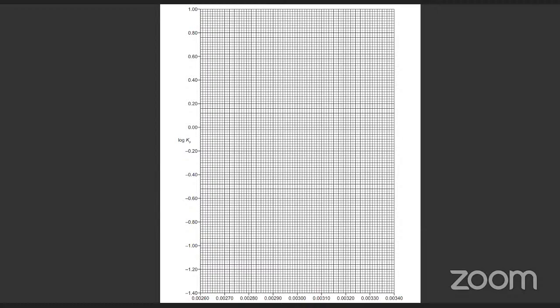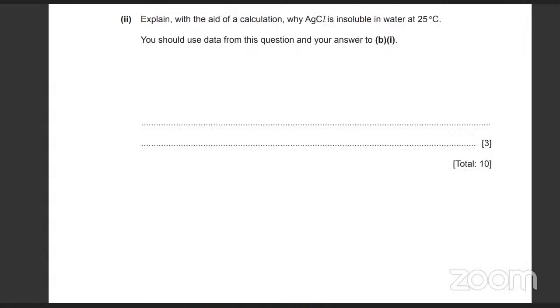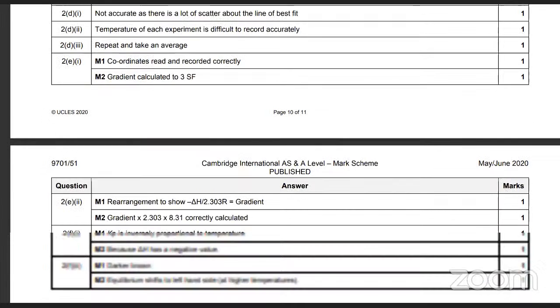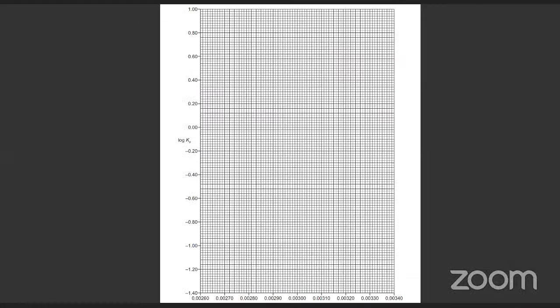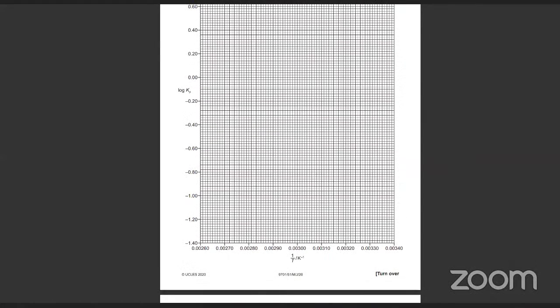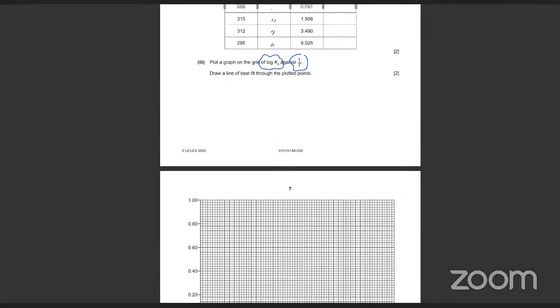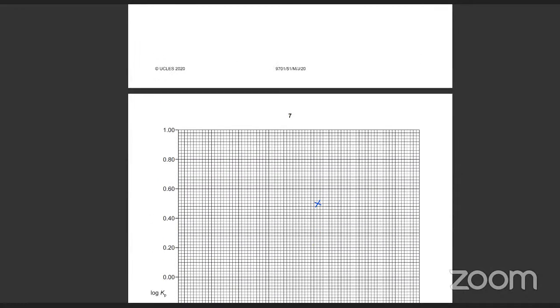Where's the marking scheme? Maybe they've actually plotted this. We did have the marking scheme somewhere. Actually, they didn't plot the graph, but they gave us the values. So you're just going to mark the values; make sure you follow the instructions properly. If there's a point, always remember to put a cross. Always mark points with a cross. I'm just making a rough graph. You can try making the graph, and you'll get a bunch of data at different values.